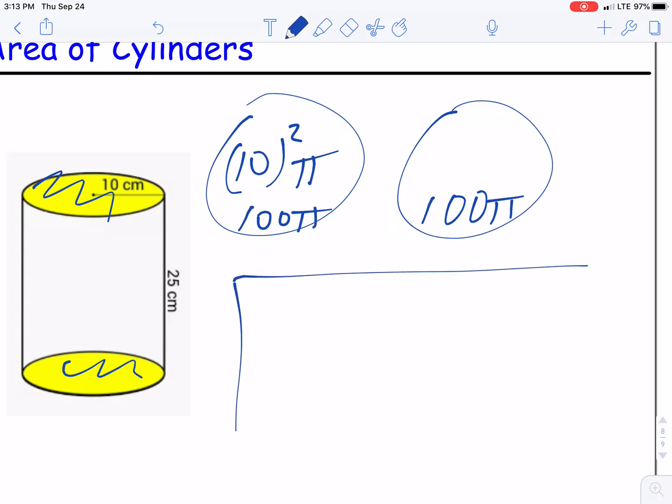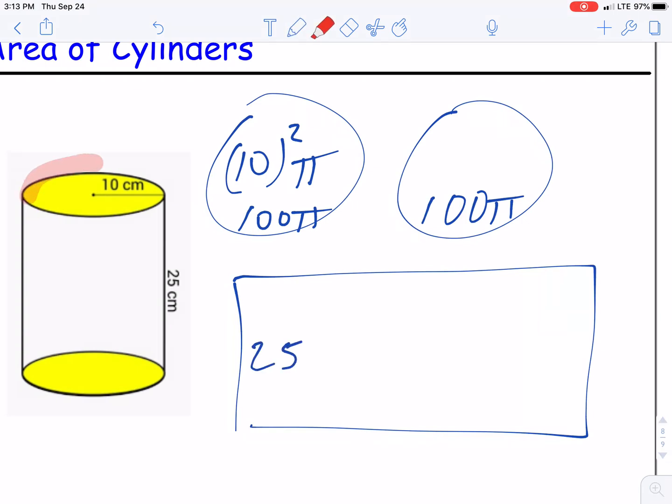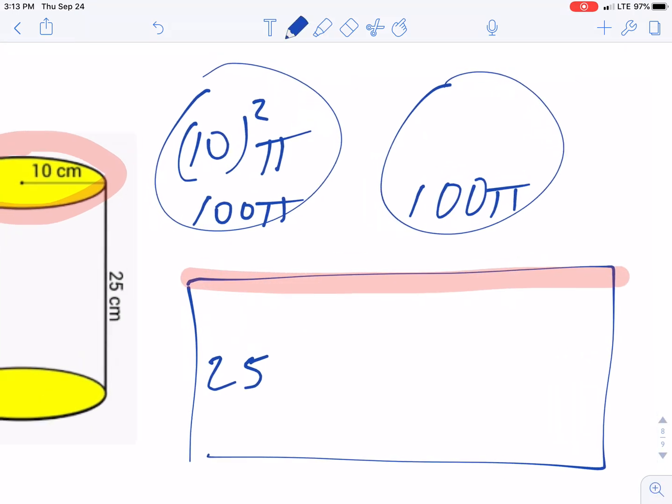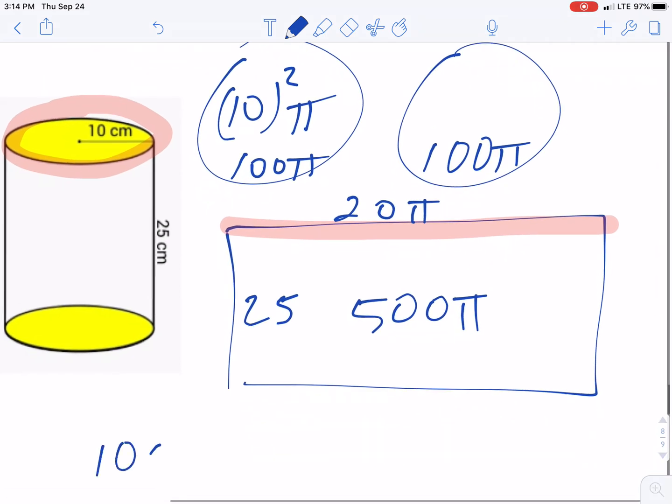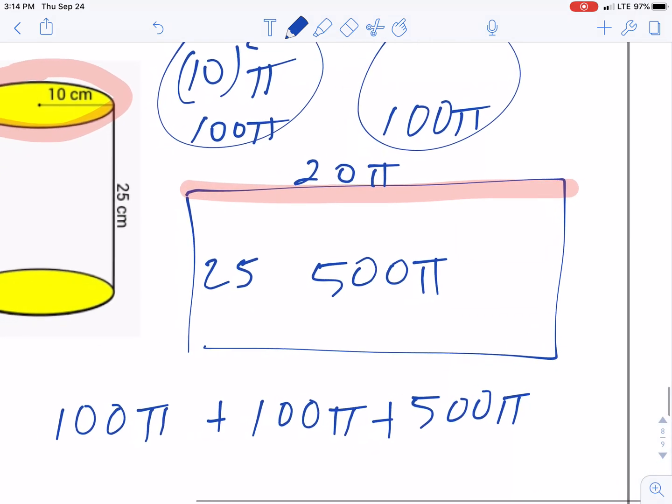Now we have to unwrap our rectangle. The height is 25. And again, the distance around here is the distance on top when it's unwrapped like it is, and that's called the circumference. That's diameter times pi. The radius is 10. Double that to get 20. Multiply 20 and 25 together, we get 500, or 500 pi. And now take our 3 parts, the 2 circles plus the rectangle, add them together, we get 700 pi,